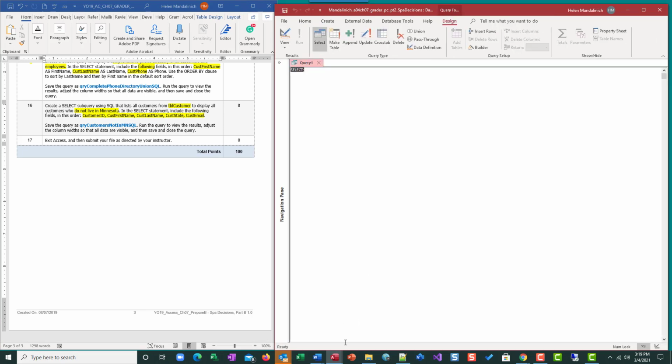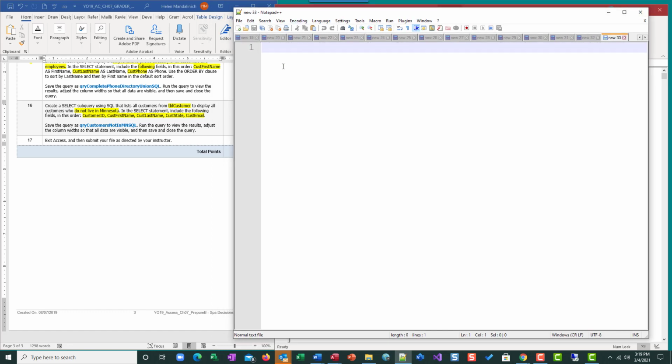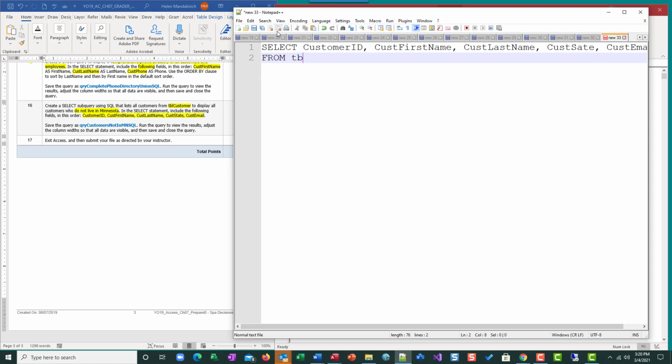We're going to switch over to SQL, and I'm going to pull this up so it's bigger. Okay, so we're going to do a select statement. Always begin with your select statement. Then we're just going to start putting in here the fields they want. Customer ID, first name, customer last name, customer state, customer email, from table customer,